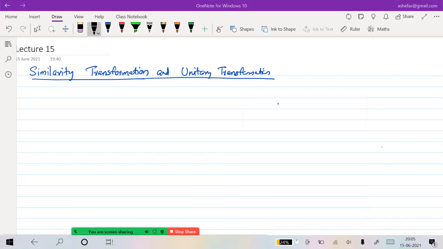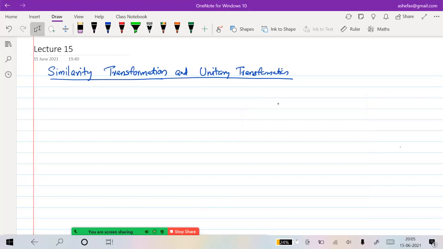Hi all. Today we can discuss the similarity transformation and unitary transformation. This seems to be very simple, but also difficult at the same time. Anyhow, in order to get a deep understanding of the similarity transformation,